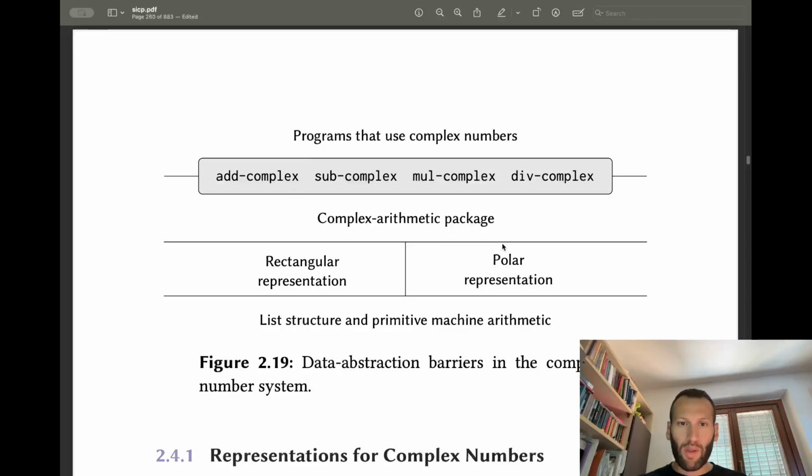And below there is the complex arithmetic package with two different representations, the rectangular representation and the polar one. And below,